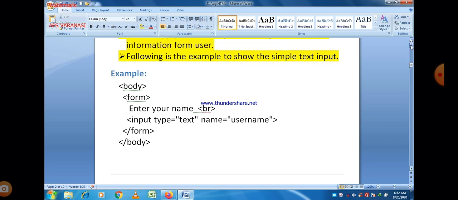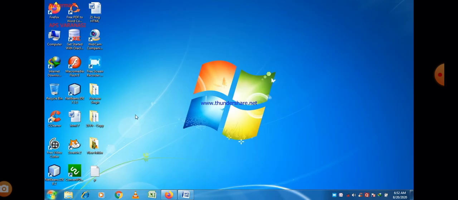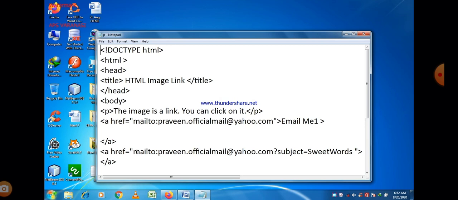So always remember that the program will be executed, no doubt about it, but without mentioning the name you are not able to send data. So first of all, let us execute this program and see what the output is. There is a program already written here.